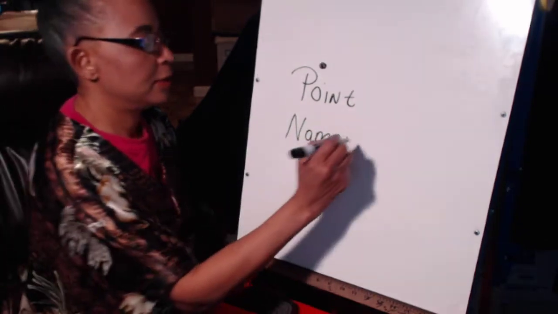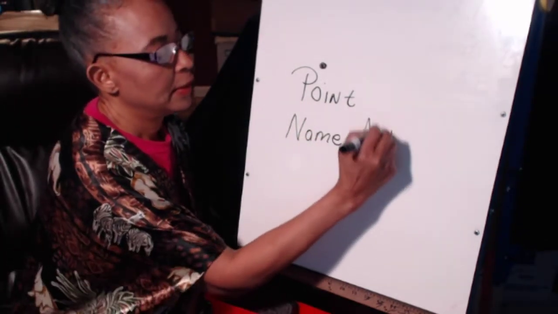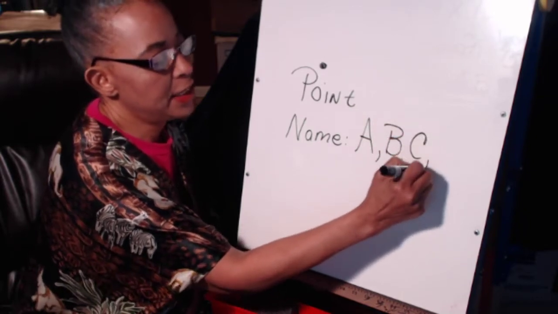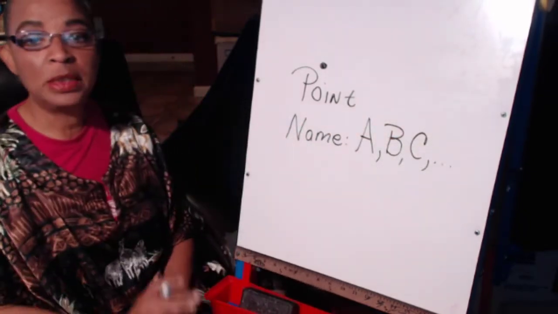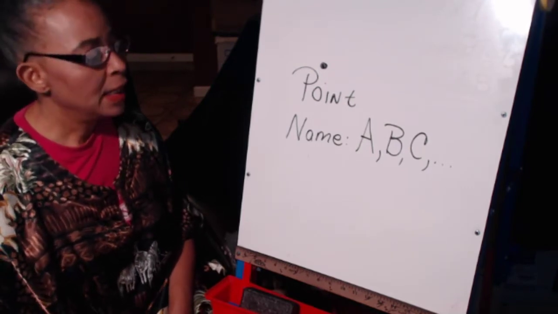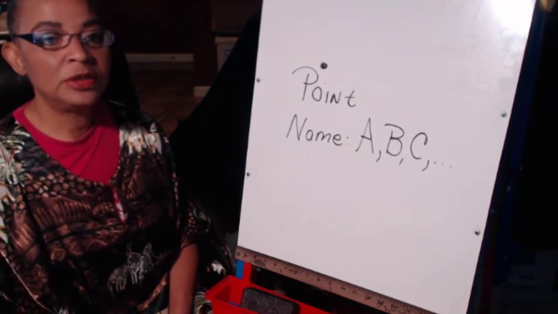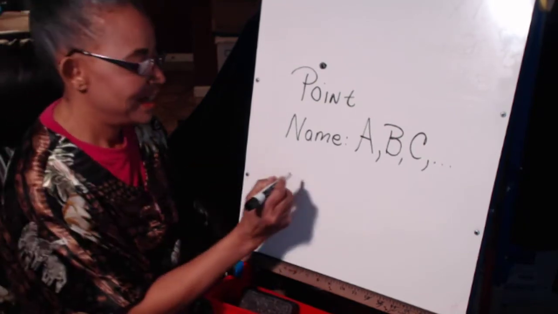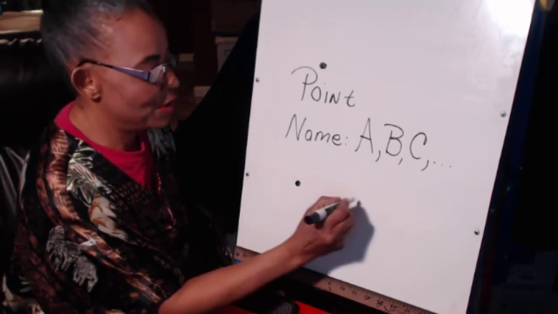And how do we name the point? By capital letters. A, B, C, D, and so on. Just a capital letter represents a point. Now, with the point, there's very little we can do with that. But if we have 2 points,